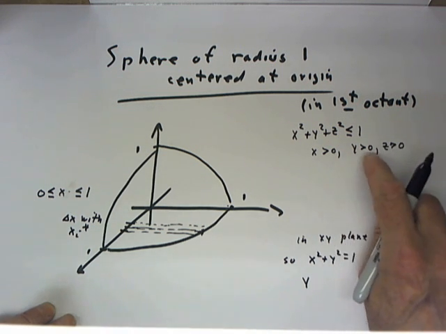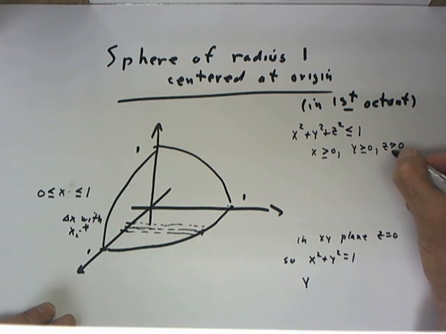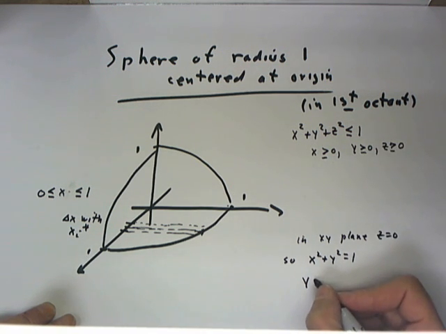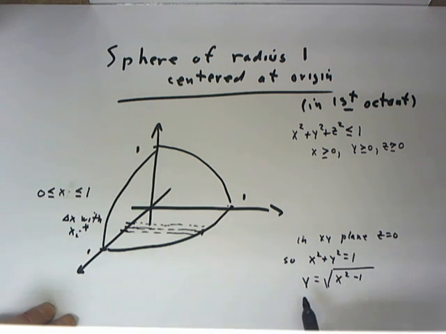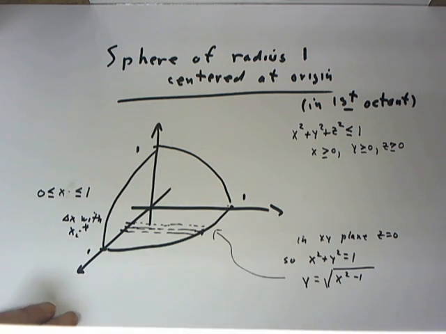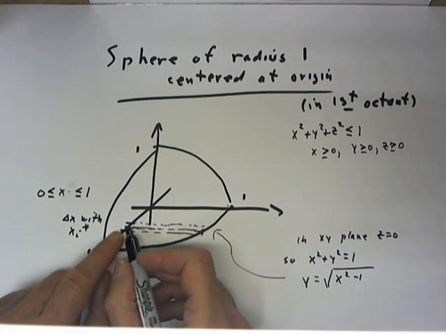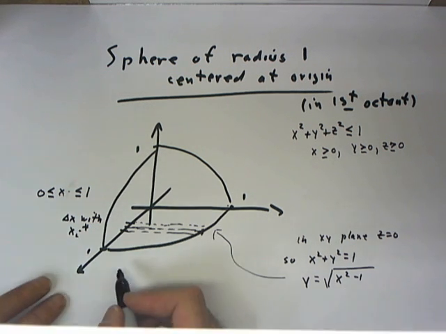We're not going to worry about the minus because we've already specified that y is greater than or equal to 0, so y is the square root of 1 minus x squared. And that's the equation of this curve in the xy plane. So that our y values go from 0 to the square root of